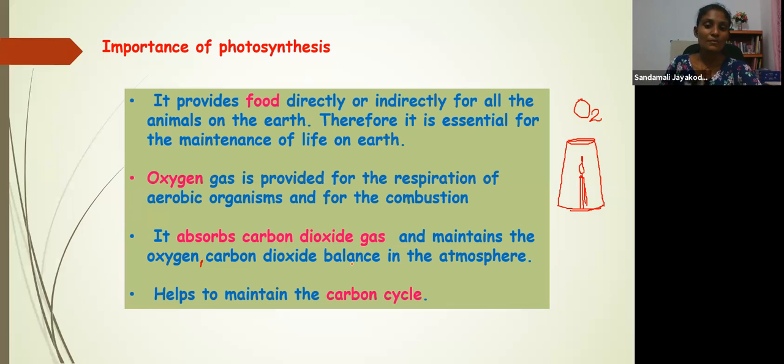And then it helps to maintain the carbon cycle. It absorbs carbon dioxide and it produces food. This food is eaten by all the herbivores and omnivores like us, and we eat those things. And then finally, this animal,